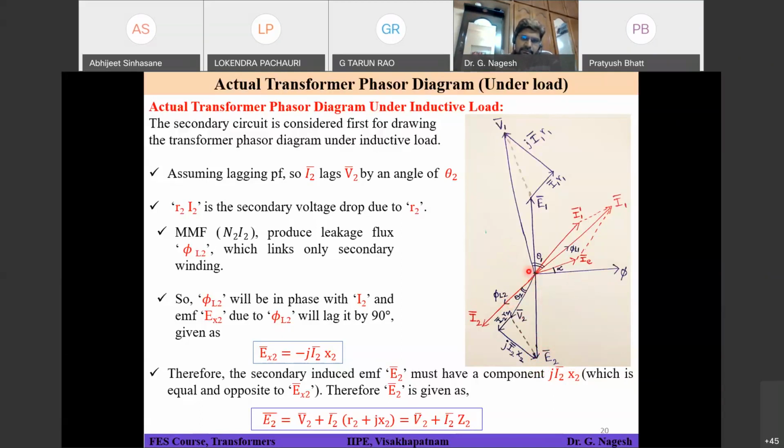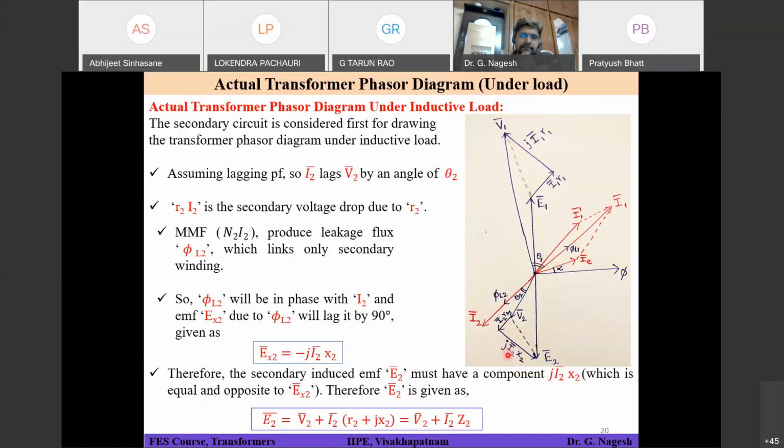Similarly, you will have an expression which is here. That is a voltage source again, minus j into I2 into X2. That will fall here. But if I want to apply KVL, all the sources, you are understanding now, KVL across the secondary loop should be equal to 0. So if you want to convert it into a voltage drop, it should be projected here, minus of what you have got. That will be a voltage drop. So that's why you have got plus j into I2 into X2, which is considered as a voltage drop in the direction of secondary current I2.